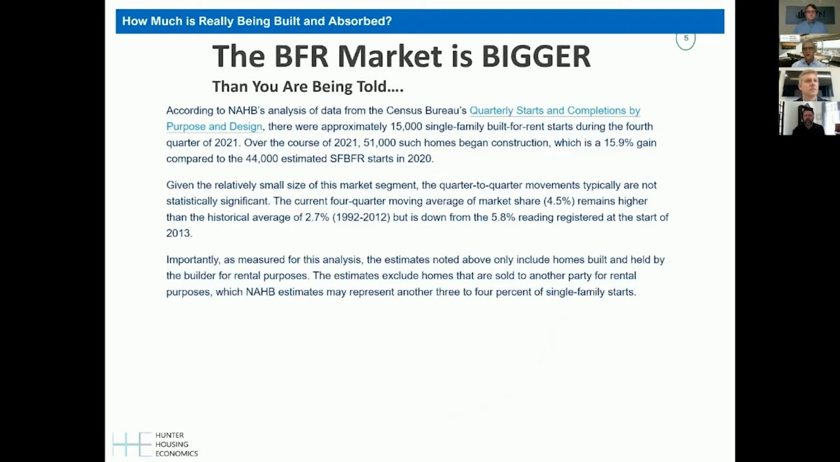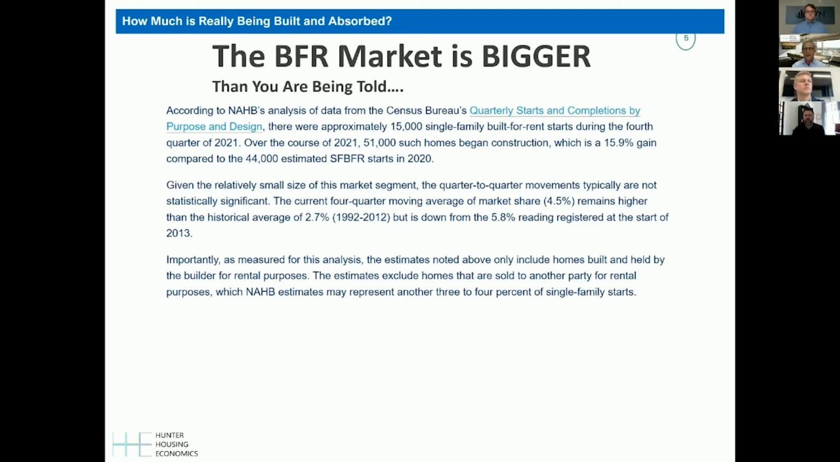Now, I want to also drive home a point that the build for rent market is bigger as a market than you're being told in most of the media. I'm seeing so many articles that really get it wrong. They cite this number from the Census Bureau from the quarterly starts and completions by purpose and design, and that shows around 51,000 starts for the purpose of rental of single family homes over the last year in the course